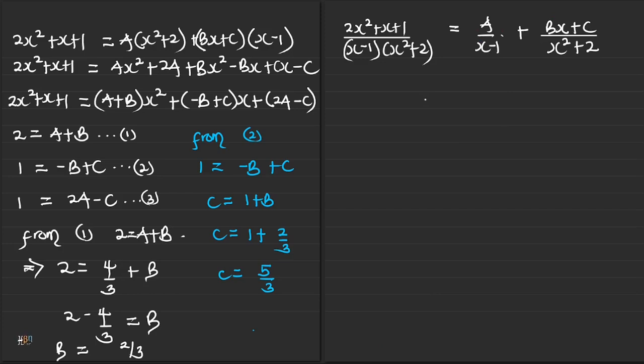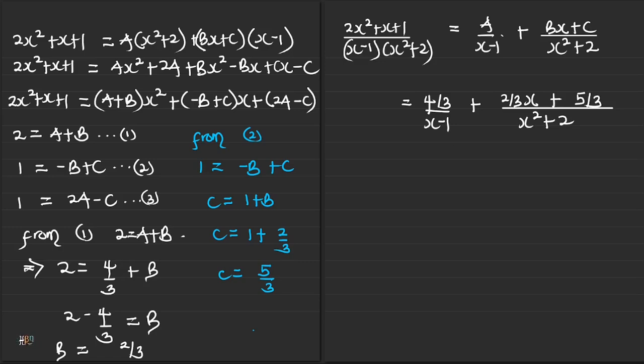Our a was 4 over 3, so 4 over 3 over x minus 1, then plus b was 2 over 3, so 2 over 3 x, not forgetting this x over here. Then plus the c, which was 5 over 3, all over the x squared plus